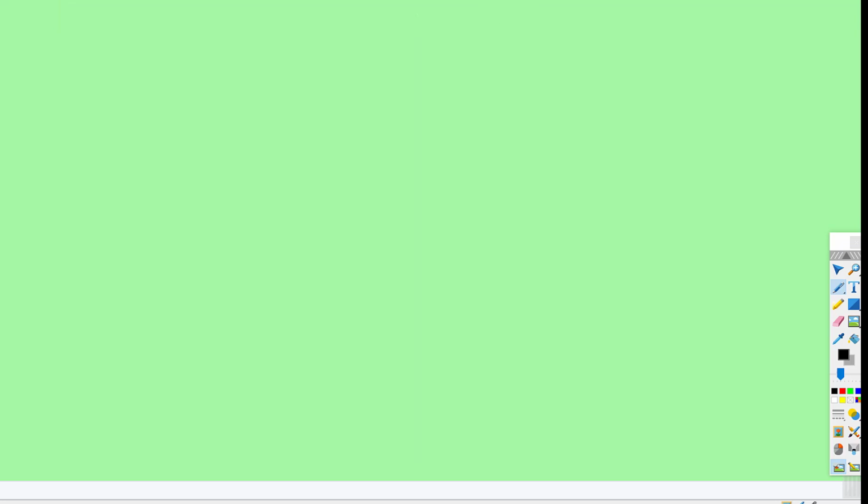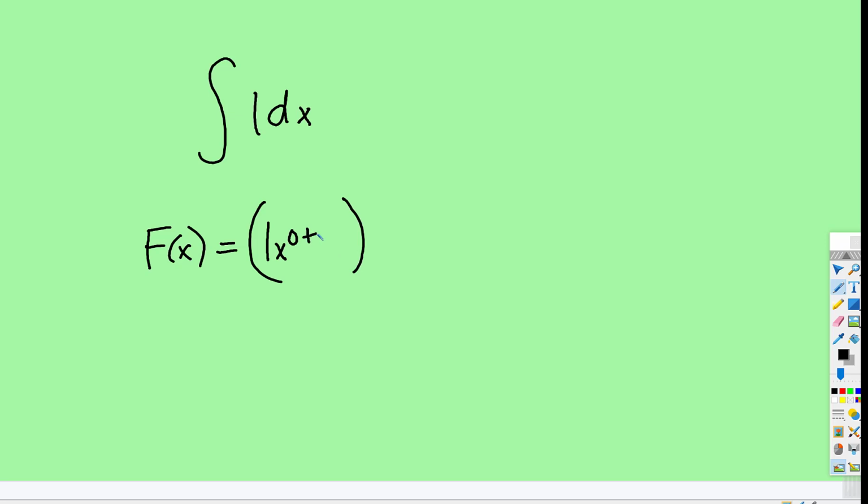So let me see if I can. So if you add this, that's that invisible 1, that becomes 1 x to the 0 when we take the derivative, or the integral of it. But we're going to add 1, add those exponents together, divide by that, and then we're going to put plus a capital C there, and I'll explain that in a little bit. So now we get